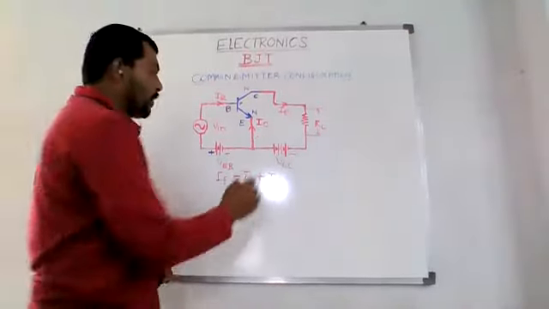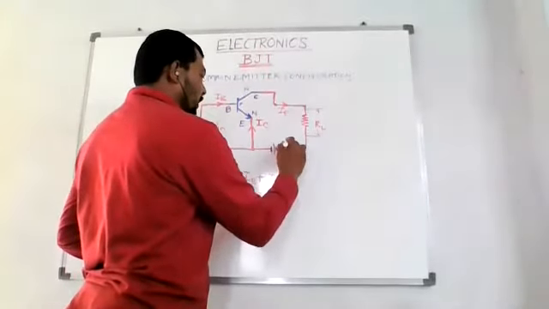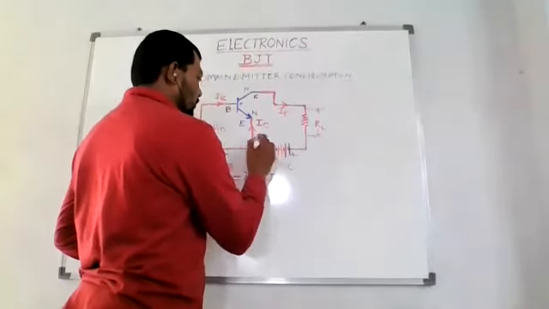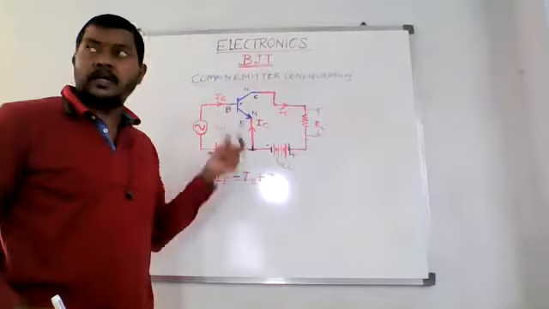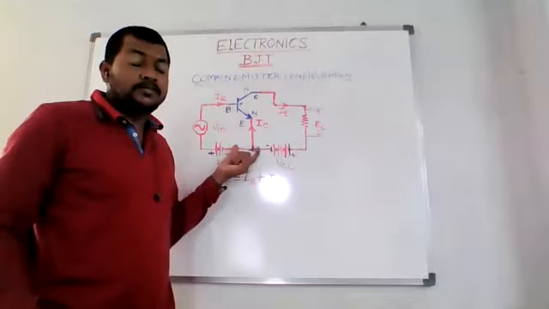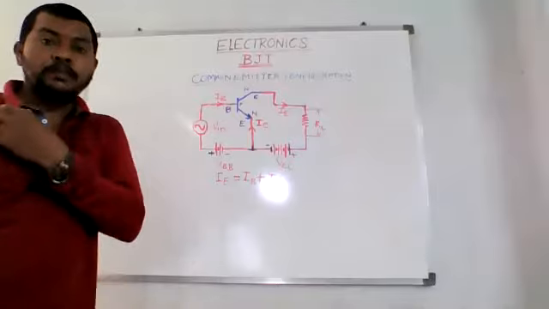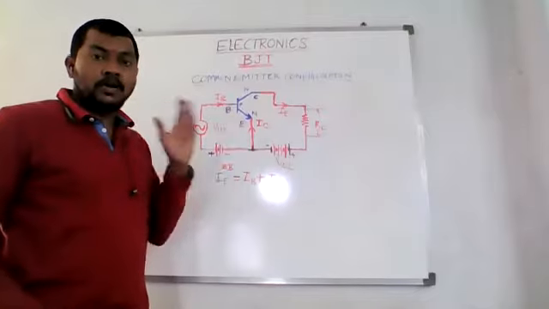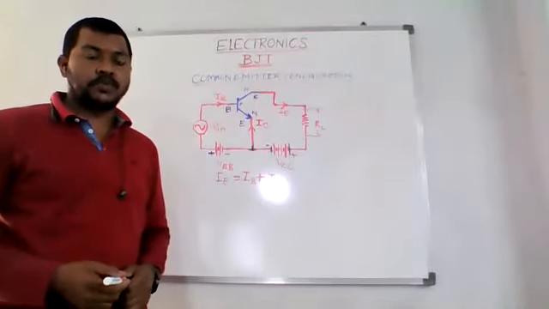Now here we need to change the polarity, so we will keep this at the common ground, and this is at a positive high polarity. So this is positive and this is negative. In fact, we can call this the common emitter, or grounded emitter configuration, since the emitter is commonly grounded for both the input and the output. So this is the basic connection of the common emitter amplifier configuration. Now how it works as an amplifier, this is what we need to study.